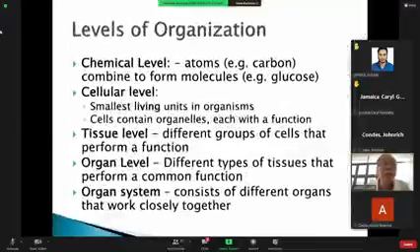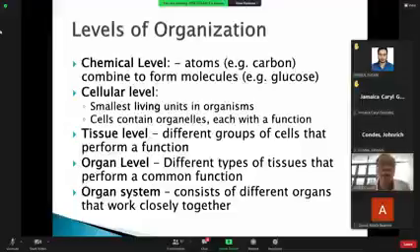The first level is known as the atomic or the chemical level, where it is composed of atoms and molecules. Then these atoms and molecules are organized into a cell. So that's why it's called the cellular level. So we start with the chemical level, the first level, and then the cellular level. When the cells are grouped into tissue, you call it the tissue level. Different groups of cells